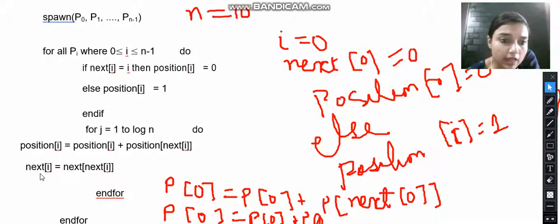Once we have computed P of 0, the next of i will be 1. So now we have next of i as 1. So in this way we can compute the distance of each element from the end of the list. Thank you.